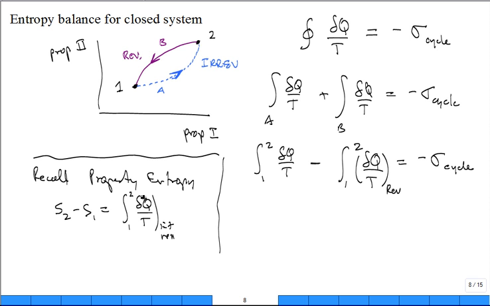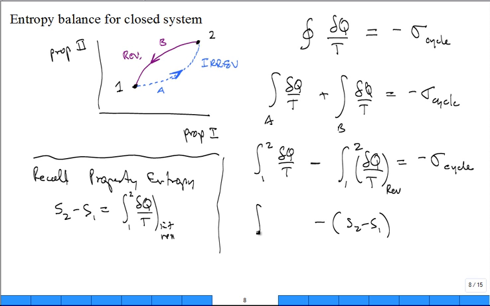1865. Think about that. Somebody coined the term entropy. What was his name? Carnot? Clausius? Rudolph Clausius? Right? Yeah, Clausius. So anyway, what I'm going to do is replace this by S2 minus S1